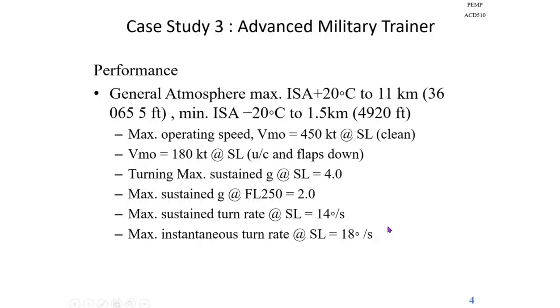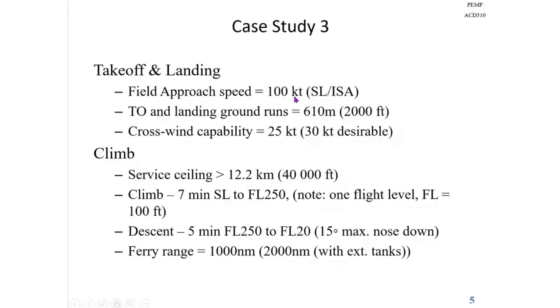It also has certain other specifications. Field approach speed is 100 knots. Takeoff and landing ground runs in terms of distance is 610 meters. Crosswind capability 25 knots desirable. Climb service ceiling 12.2 kilometers. Climb 7 minutes from SL to FL250. Note, one flight level is 100 feet. So that's 250 means